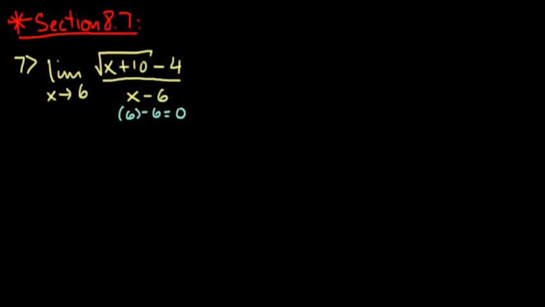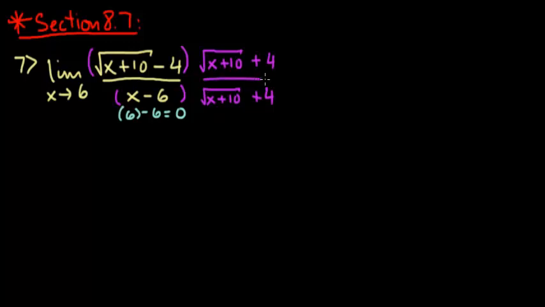So what we have to do is multiply the top and bottom by the conjugate of the square root of x plus 10 minus 4. So the conjugate is the square root of x plus 10 plus 4, for top and bottom. Again, I'm solving for problem A, which uses the material in chapters 1 through 3. So when I multiply top and bottom by the conjugate, on the top will be